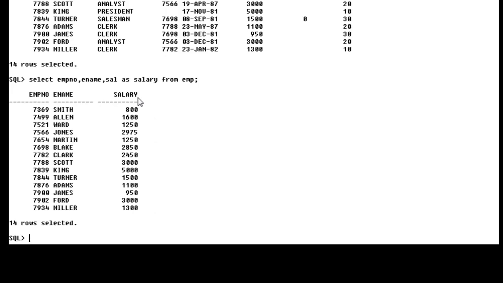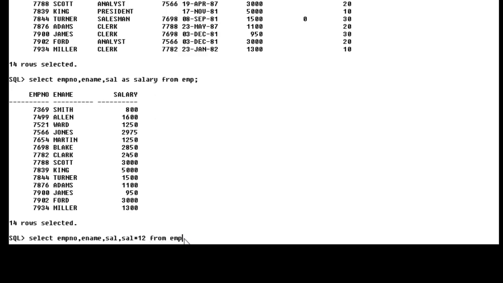This column alias is generally used for arithmetic operations performed in a query. At that time we have to provide the heading of the arithmetic column. For example, select EMPNO, ename, SAL into 12. Here I calculate the annual salary of the employee. So when I use this calculation or arithmetic operation in my query, what is the heading of this column?